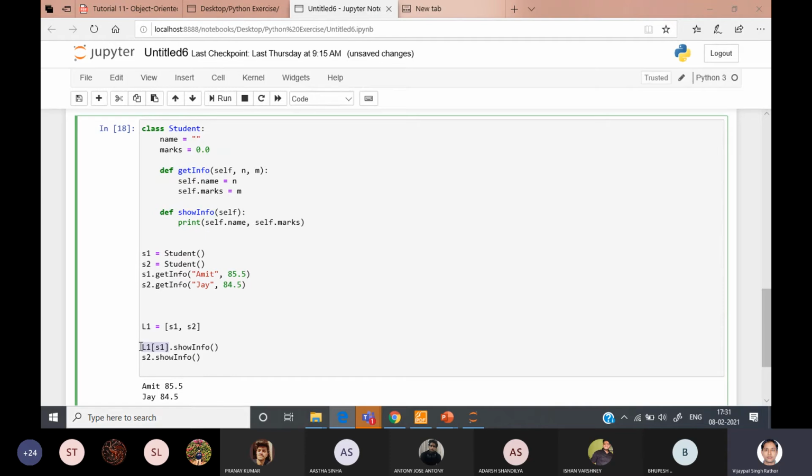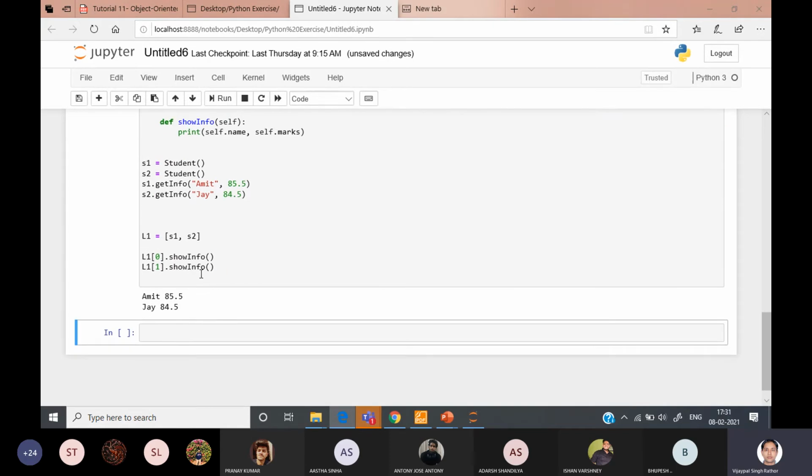Similarly you can write here for L2, sorry, S2. What is the value for S1? It is at 0 index and S2 is at 1 index. Okay ना, यही था. 0 पे कौन आएगा? S1. 1 पे कौन आएगा? S2. Okay, so you can see आ रहा है.